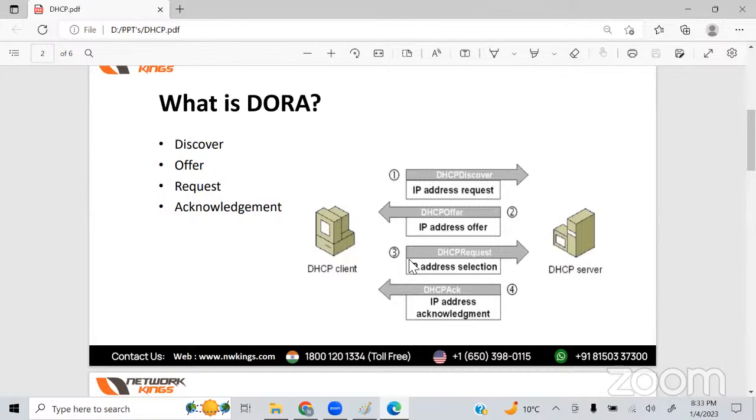Right? So once it offers the IP, then the DHCP client, this machine, is going to send the request that yes, please assign this IP to me. I'm okay with this IP. Right? And after this DHCP request, the server is going to send the acknowledgement that yes, this IP is assigned to you, and whatever IP is assigned to this system is going to be stored in the DHCP server's database,